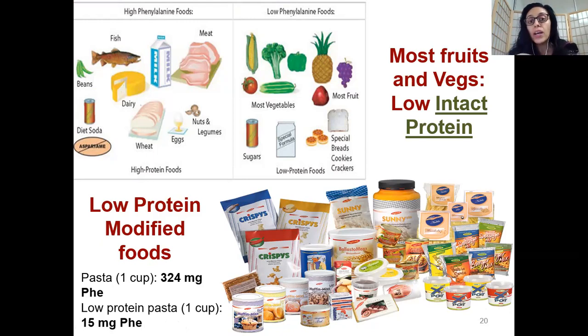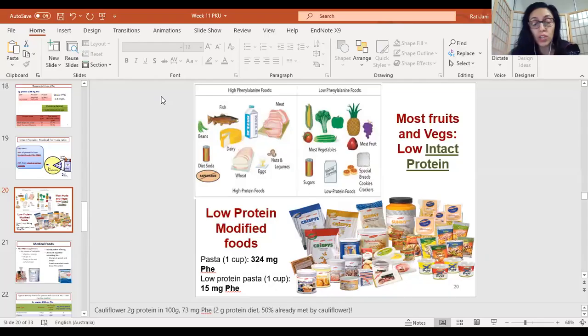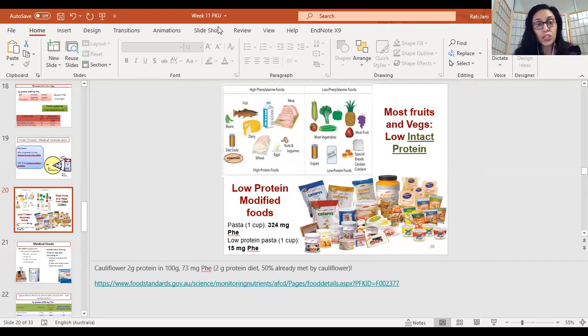Now guys, you have to be very, very mindful. Although I have told you that fruit and veggies are free foods and they can eat as much as they want, if you have a PKU patient who has severe PKU and has a dietary intact protein restriction to approximately 4 grams of protein per day, or maybe 6 grams of protein per day, then a food such as cauliflower can also turn into a high protein food for these patients. How? Let me just show you the working. Let me see if I'm sharing the right thing. Yes, I'm sharing the right thing.